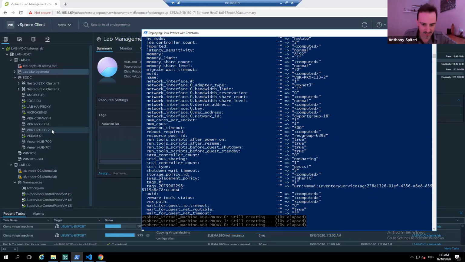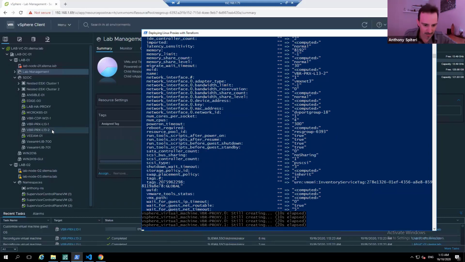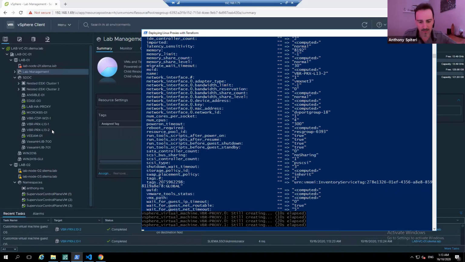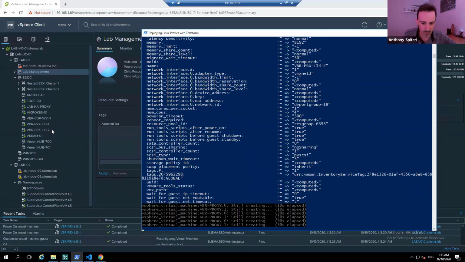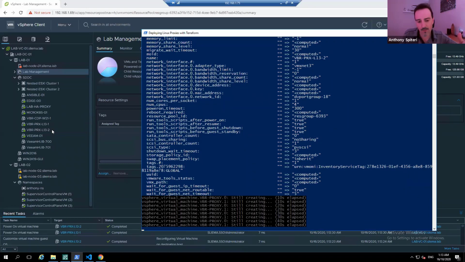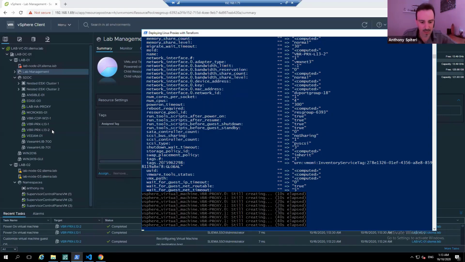I've put these on SSDs, so these should be fairly quick. It should take about a minute. But the great thing here is that we're, again, leveraging PowerShell to control the deployment of Terraform. Once this is finished, Terraform will output to some JSON files. These JSON files will be fed back into the PowerShell and then used by the Veeam PowerShell commandlets to actually configure the proxies at the Veeam end, okay?